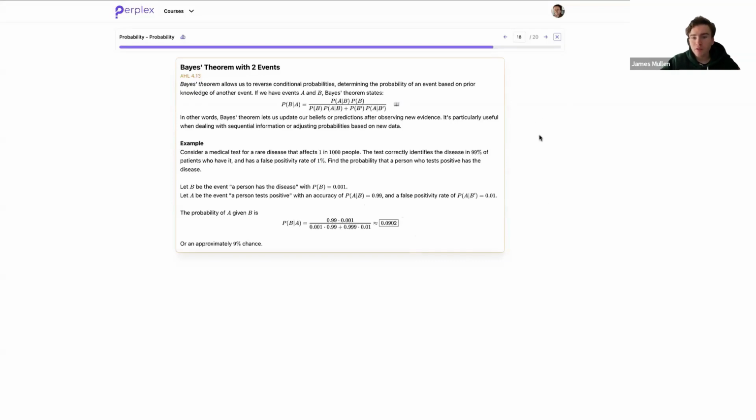Can you explain the denominator using the words of the question itself, not A and B? Yeah, so in the numerator, I have P of A given B. So it's the probability that you tested positive, given that you have the disease, times the probability that you have the disease. And if you think about it, P of A given B is